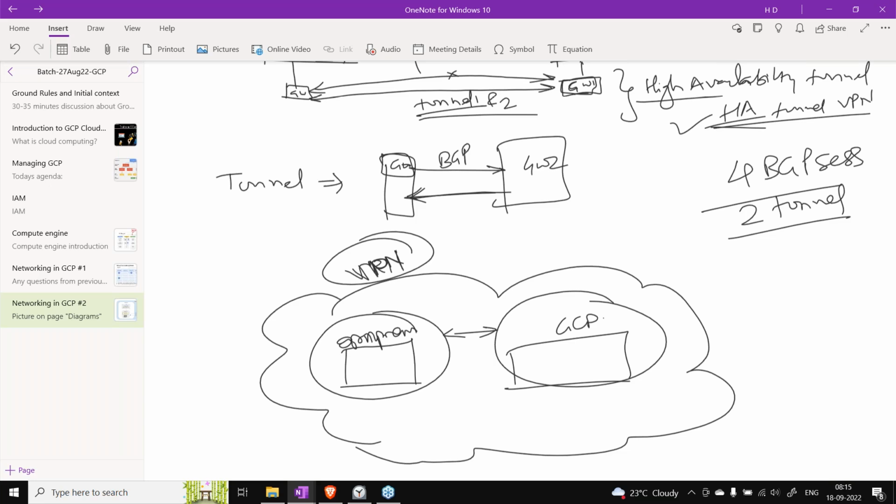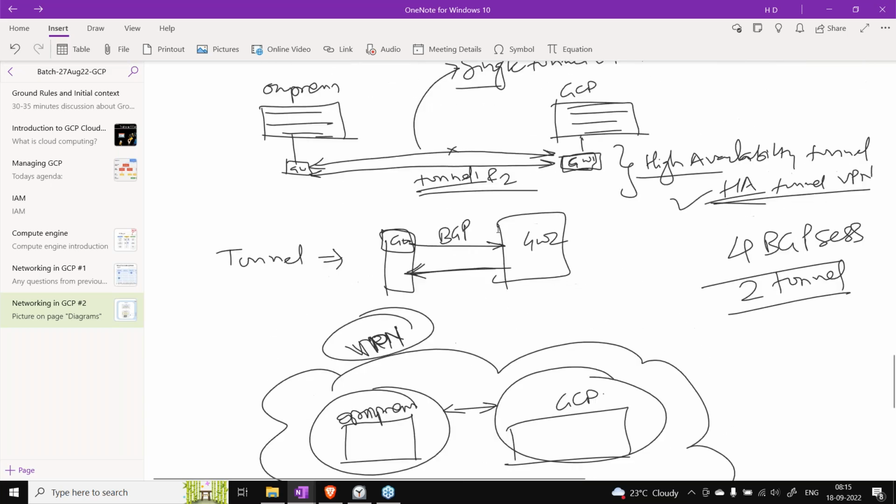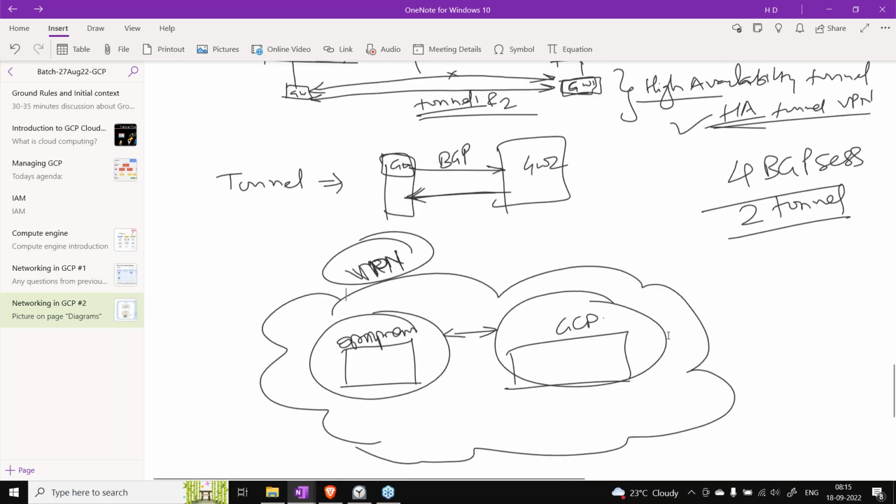They connect to their VPN, and once you connect to the office VPN, your machine just works like it is there on the LAN of your company, right? Even though you are remotely working, you are on another network, not even connected to the LAN of your company, it still creates an environment called a virtual private network in such a way that you get access to that particular service of your company portal, or in this case GCP, right?